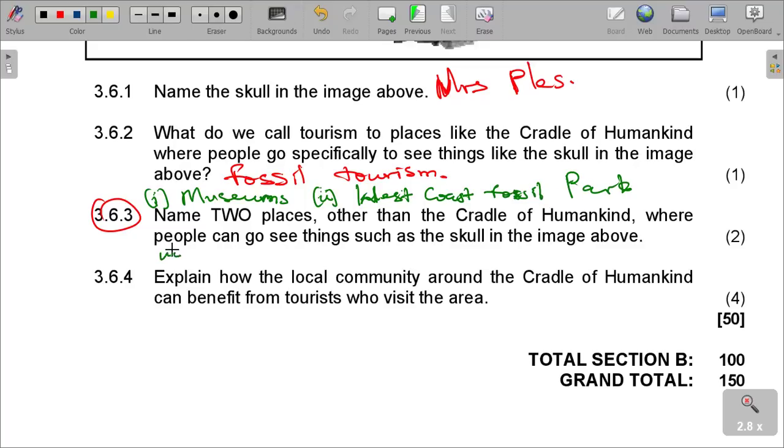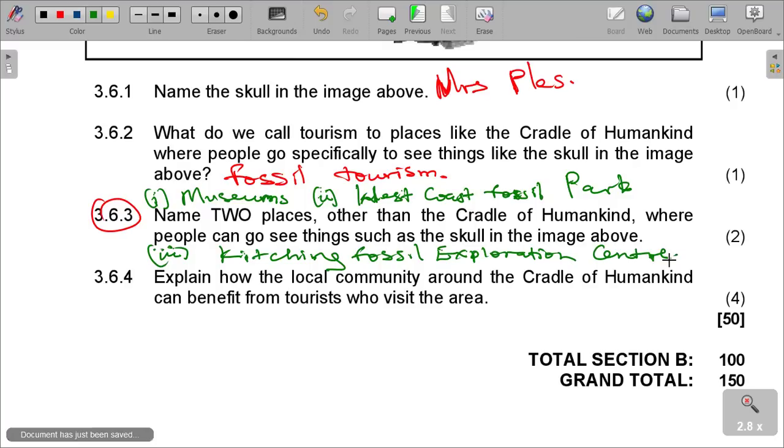We can also have number 3, which can also be the Kitchen Fossil Exploration Center. Those are examples of places other than the Cradle of Humankind where people can go see things such as the skull of